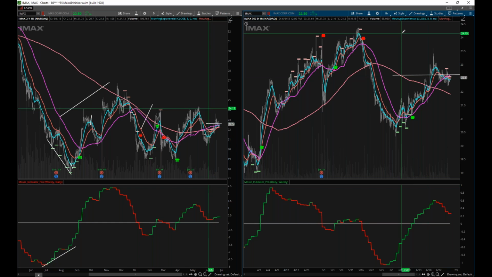I'm not surprised that this thing is going to wiggle around for a while. I mean, look at the market right now. It's kind of getting beat up. And I just showed you this thing has been trying to turn and base and create a new long-term trend for a whole year. So I'm just at the cutting edge of this, and that's what the Moxie indicator can do and help you figure out.